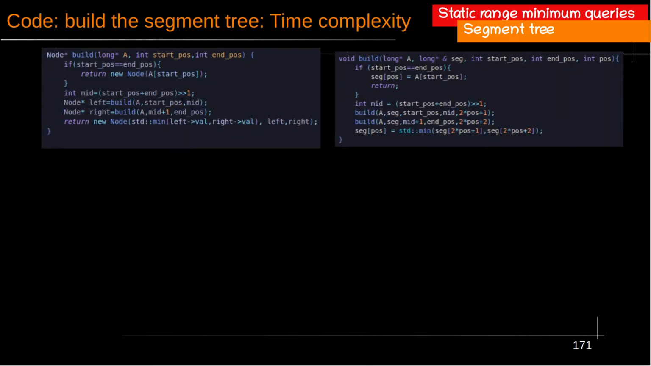Let's check the time complexity of the construction of the segment tree for both functions. The time complexity will be the same. We have two recursive calls here, for this one and this one, and the same for this and this, and we have other constant operations here. So the time complexity, if we call it the function t of n, will be